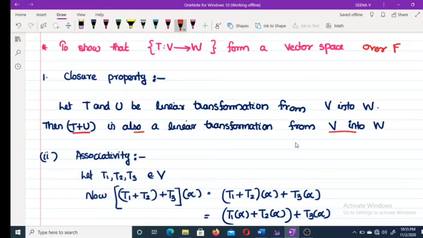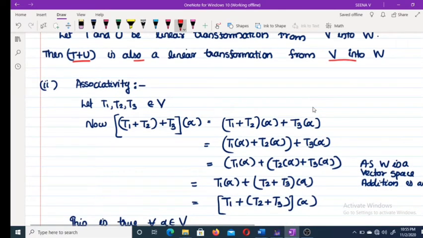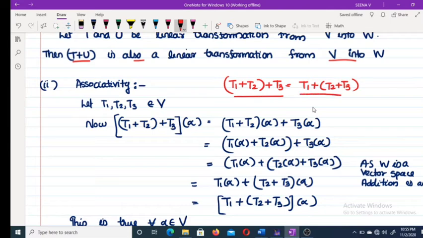So to prove the vector space, we have to prove the conditions under addition. The first condition is associativity. So here, for the collection of all linear transformations, what we have to prove is that (T1 plus T2) plus T3 is equal to T1 plus (T2 plus T3). All these are linear transformations, and these are functions. Therefore, to prove they are equal, we have to prove this of alpha equal to this of alpha. That is what we are going to prove. Therefore, for this of alpha, you apply the definition, taking this as T and this as U.